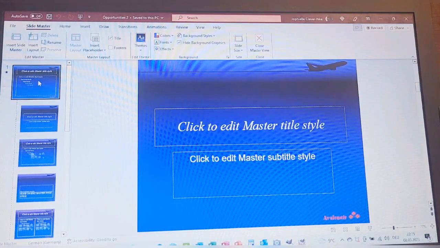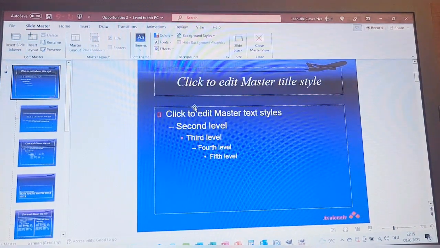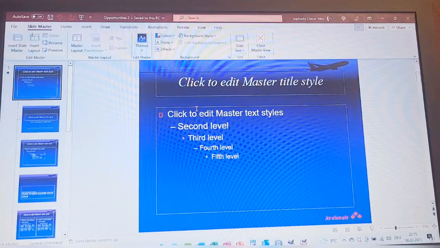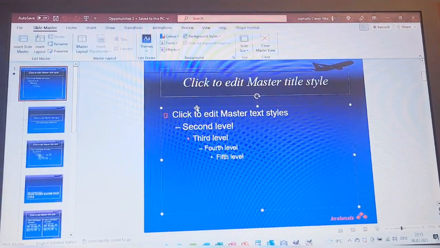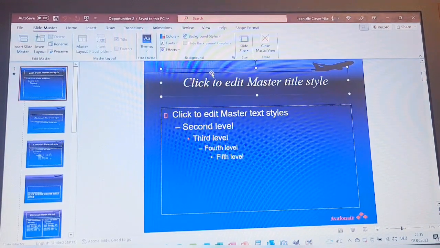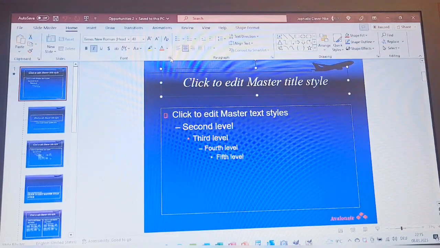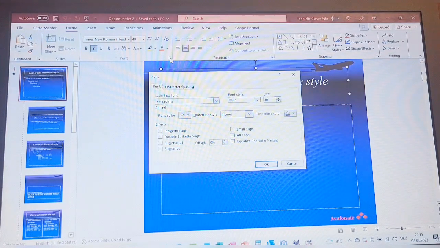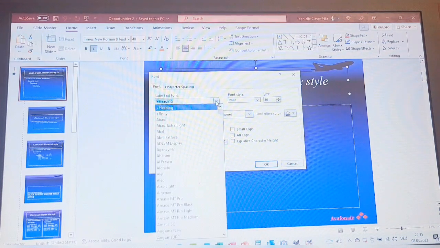We go to the very first one, and this is the one they are talking about. We don't have to use the placeholder, this one. We are not going to touch it. We just use the first one, the title one, because they're talking about all titles have to have Arial and 44. So we go by tab home, and here we choose dialog launcher font, and we choose here Arial, so